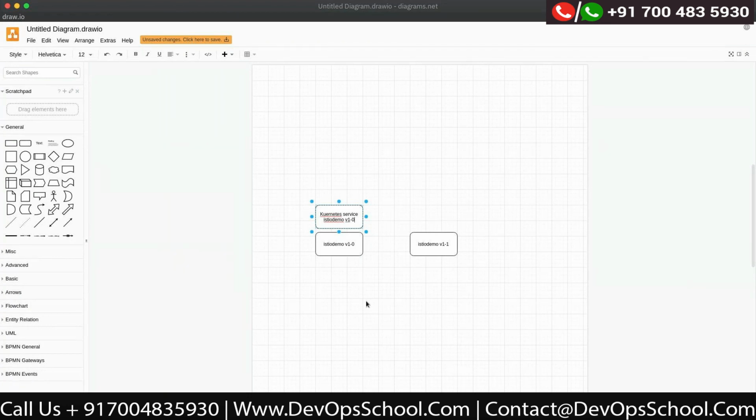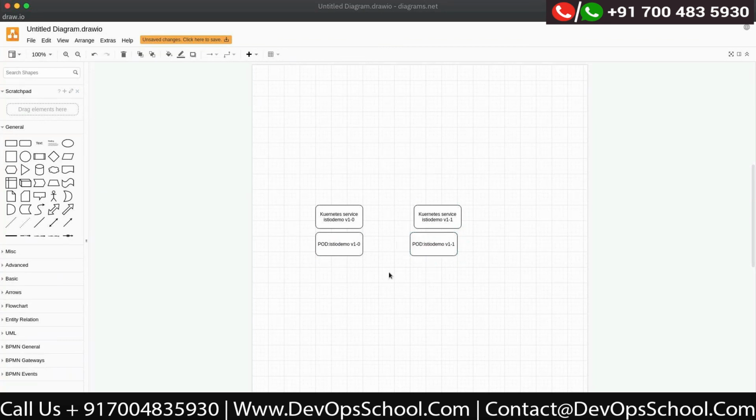And on top of the Istio demo v1.1 also, I've created a Kubernetes service, and the name I've given this service is 1.1. So this is my pod. This is also my pod. So this is what we did with the deployment.